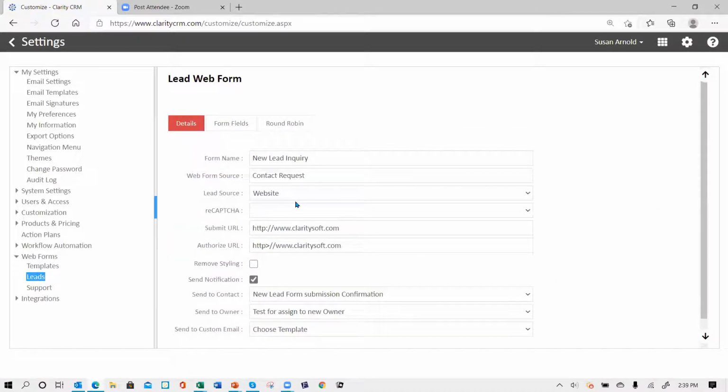Notice you can have more than one web form. So you might have multiple web forms on your website for different things. And so you can have a different lead web form for each of those and create different ones. So when you get here, you have 3 tabs, the details tab, the form fields, and